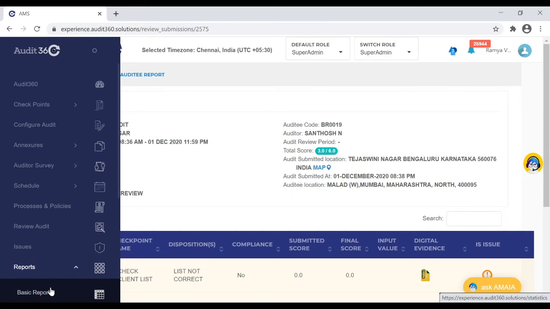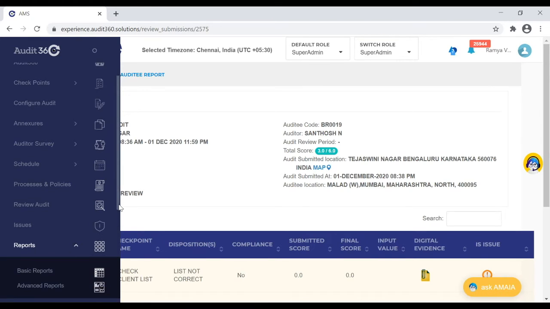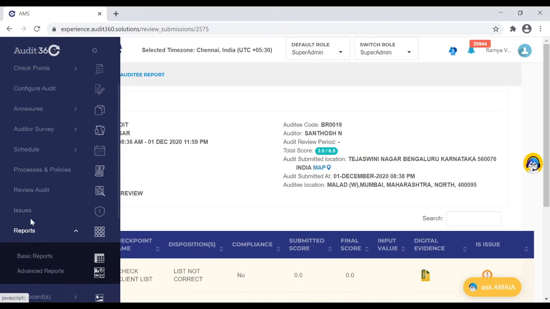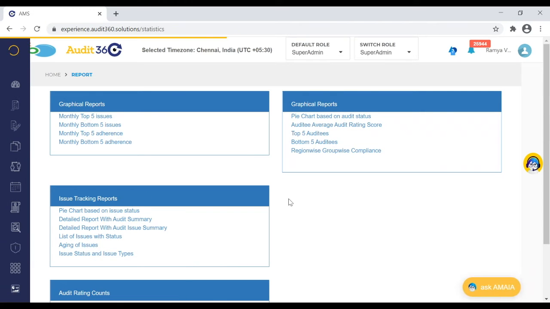Now let's move to the reports module. The reports module, as I said, is available for reviewer and super admin, and it is just below the issue module. All the users would get the basic reports as default. So let us first talk about the basic report. As part of the basic report, there are multiple graphical and row and column reports which are designed and given to the user.